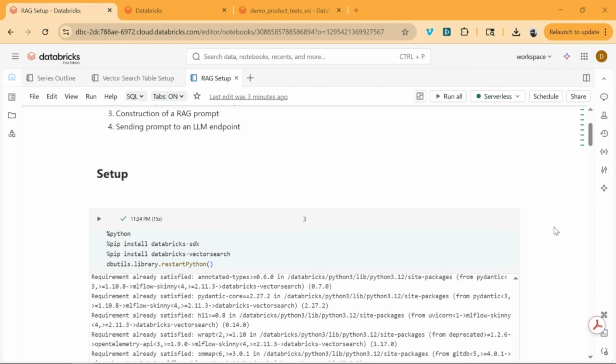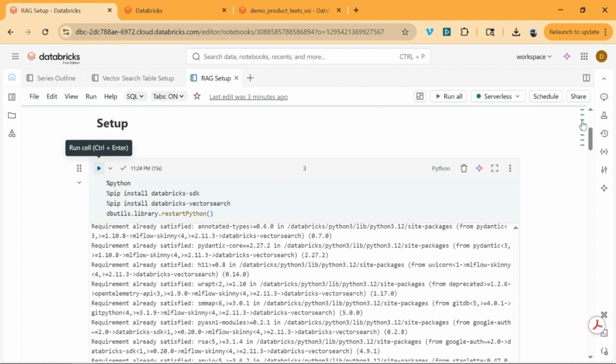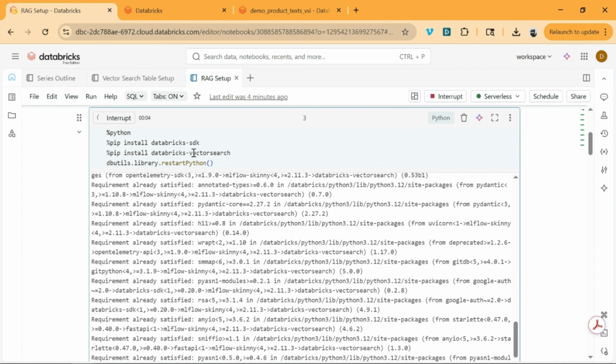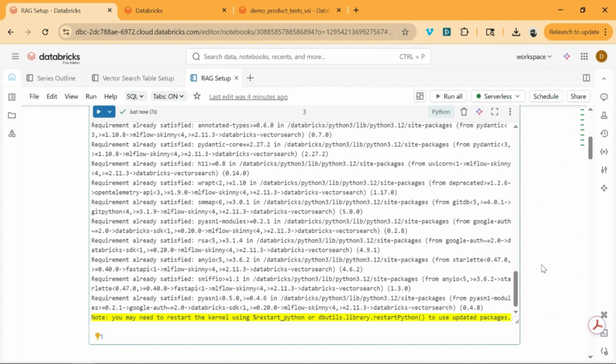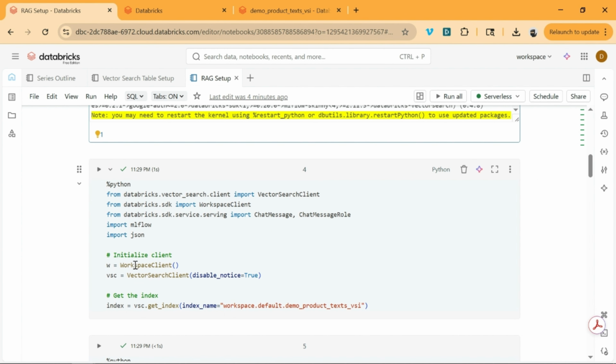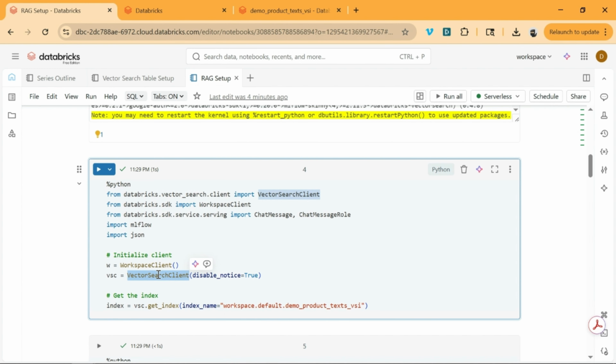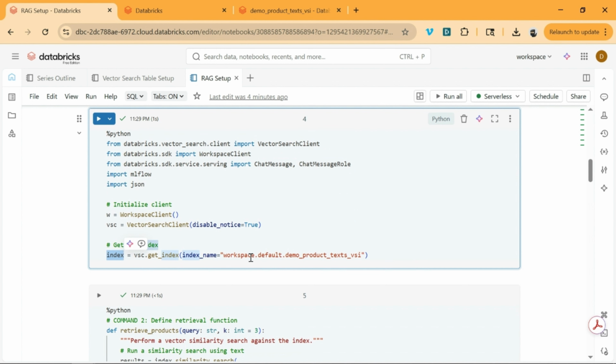So first you're going to want to install some necessary libraries, which I did right here. You can see Databricks SDK and Databricks Vector Search. Okay, we'll keep scrolling down. Next, we want to initialize some variables. We have a workspace client, a vector search client, all the necessary libraries. We also initialize a variable called index, which takes our vector search index that we created in the previous video. If you already know how to create vector search indexes and you have your own, you can simply replace this with your vector search index. So I'm going to run that